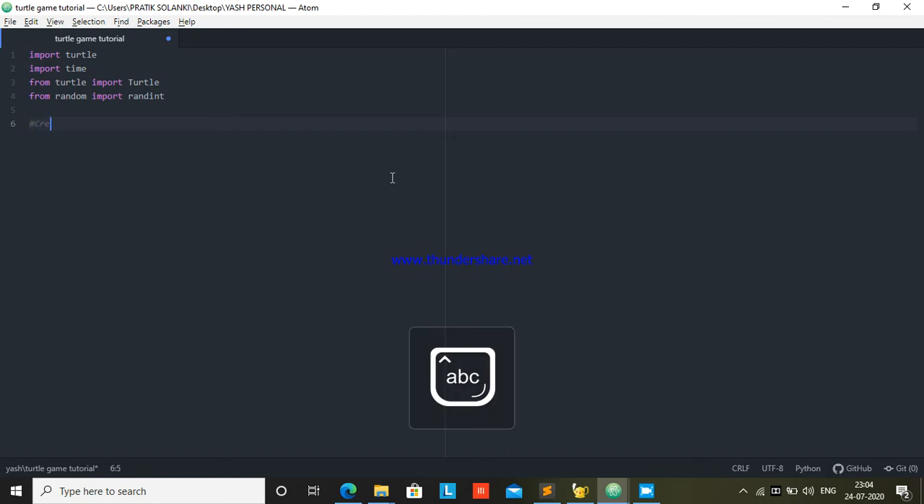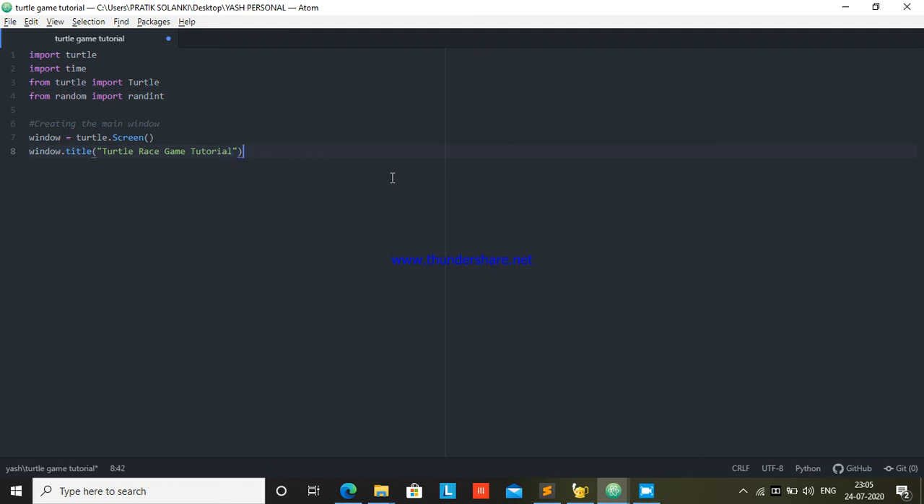Over here, let's create a comment of creating the main window and just do the standard turtle stuff. So type out window equals turtle.Screen, and if you have followed along with my turtle tutorials, this is going to be pretty standard for you guys. So window.title as turtle race game tutorial,